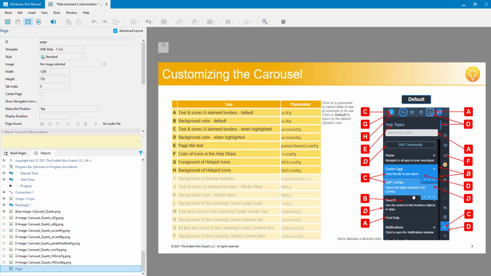Here's a quick video showcasing some of the interesting things you can do using book pages in SAP Enable Now. This slide here is taken from a longer course I'm developing on customizing the web assistant. What I wanted to do was show what parameters are available to customize the colors in the carousel, and also emphasize what aspects of the carousel are affected by providing all of that on this single